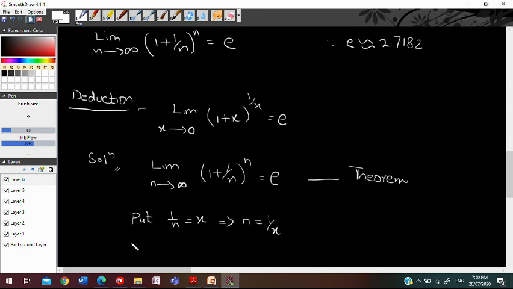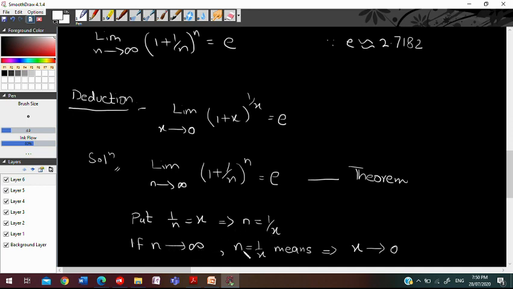So in this statement, n approaches infinity. Now we have taken the value of n. What is the value of n? We have taken n is equal to 1 by x. What is the meaning of this expression? Now x approaches what? x approaches 0. Look here, n is equal to 1 by x, and when n approaches infinity,